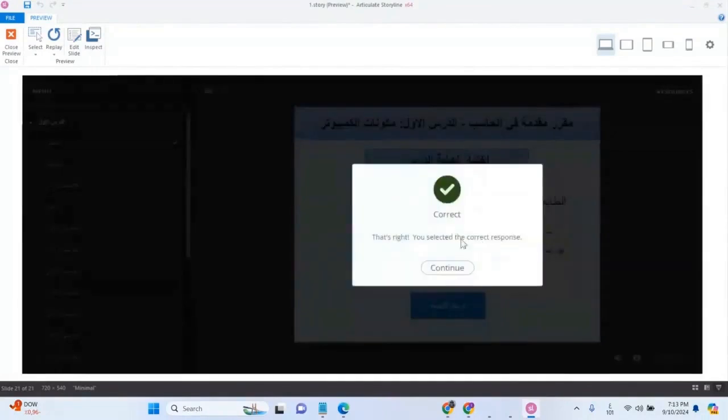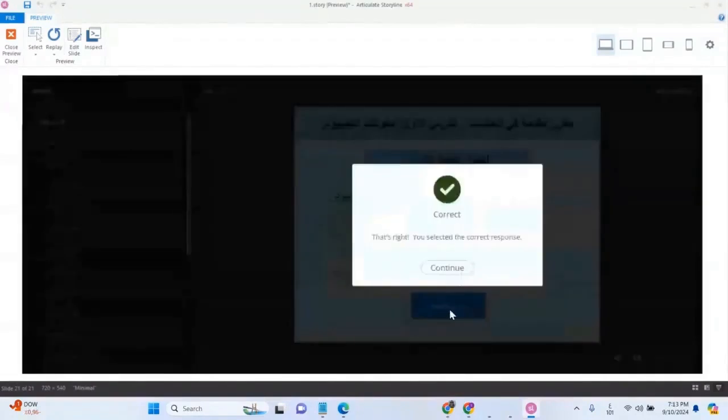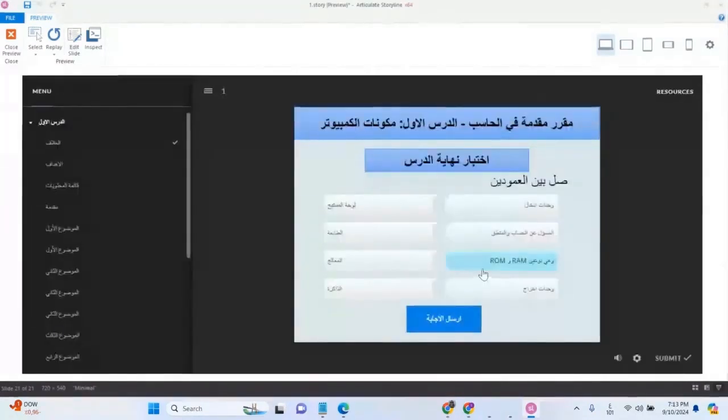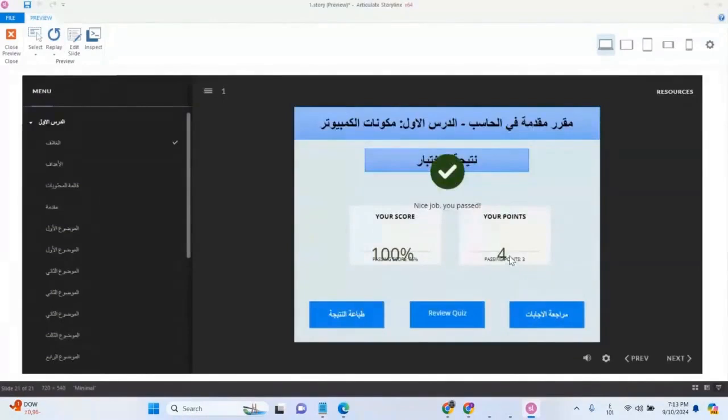The printer is one of the most important input units. Incorrect. The mouse is one of the most important input units. Correct. The printer and the speakers are among the most important output units. I am taking grades. I want to get 100% so that I understand what I am doing. And it showed up as correct, 100%, 4 out of 4, and it didn't give me the retake option. And I can retake it with our button.